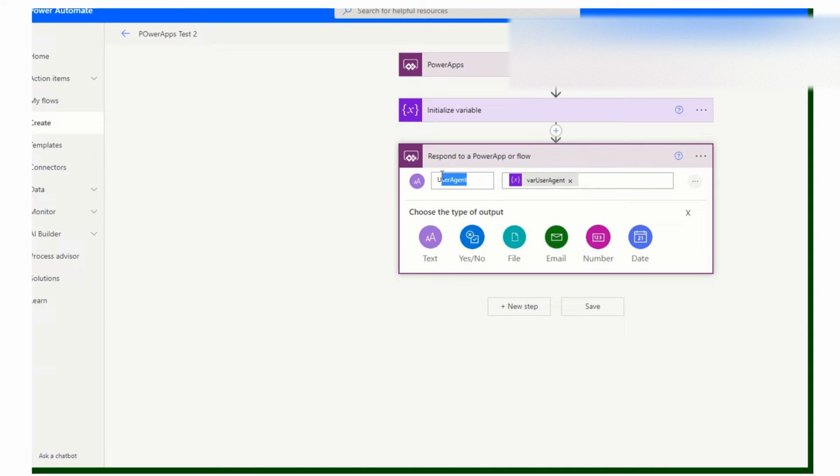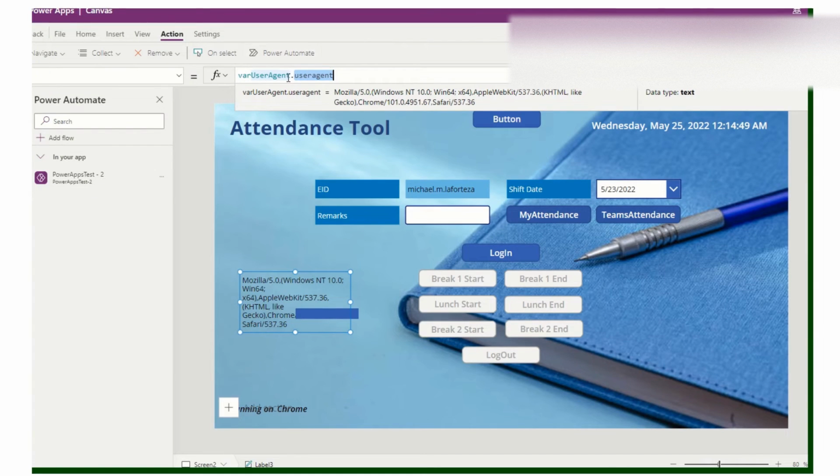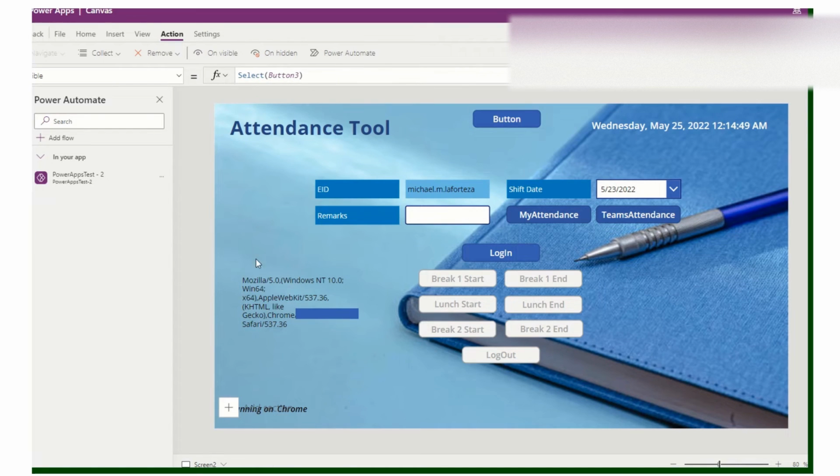This is the variable from our Respond to PowerApps, and it gives me this data, the data of the user. So it runs on Mozilla, Windows, and so on, and then Chrome.